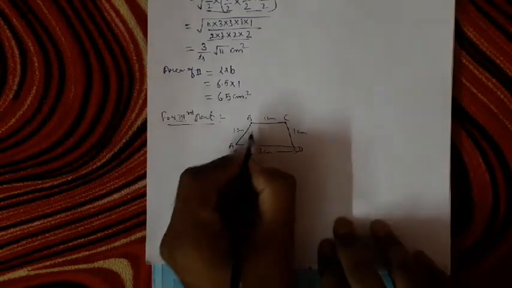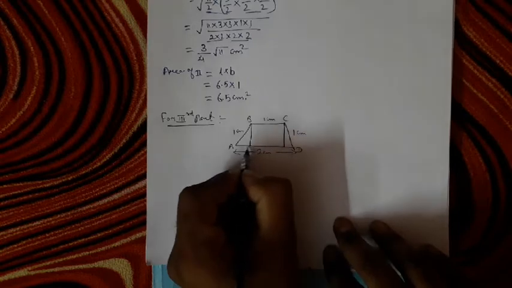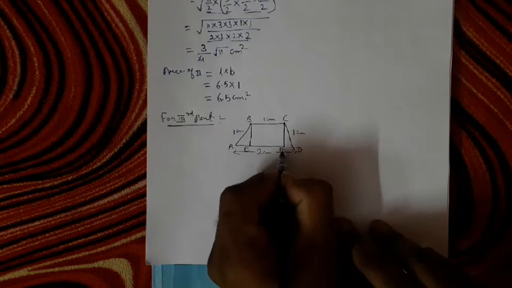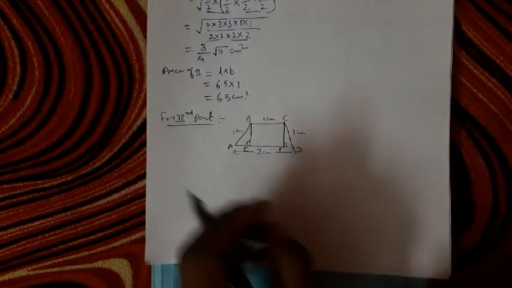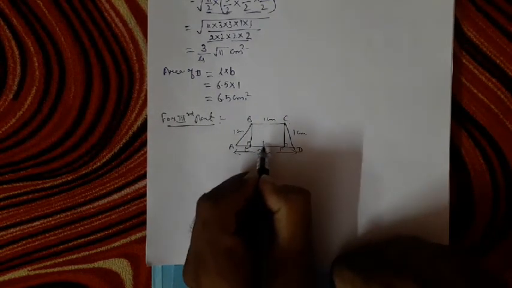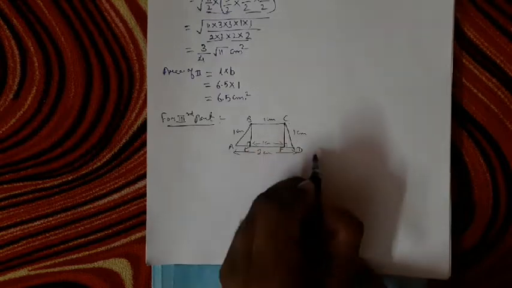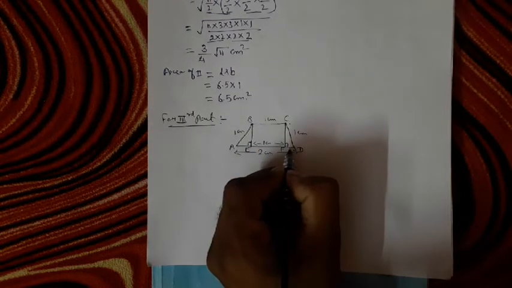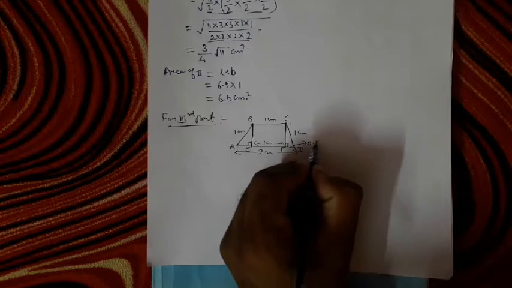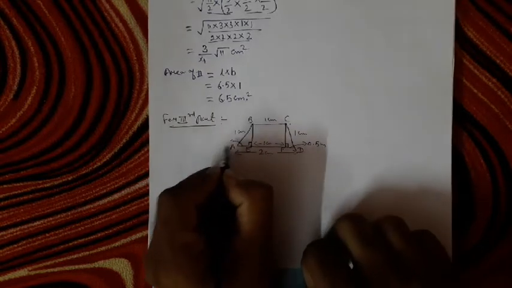For that, we'll draw two perpendiculars from B and C to AD. The first is BE and the second is CF. We have drawn two perpendiculars. As you saw, when we draw the perpendiculars, if BC is 1, then EF would also be 1 centimeter. If this is 1, then EA and FD will both be 0.5 centimeter. These two will be equal.